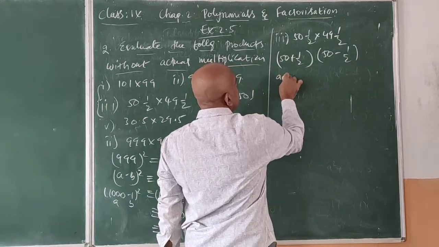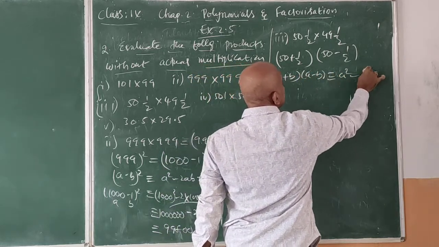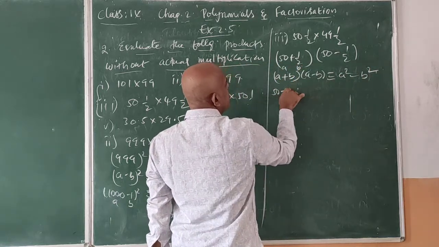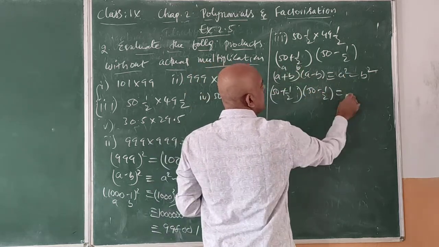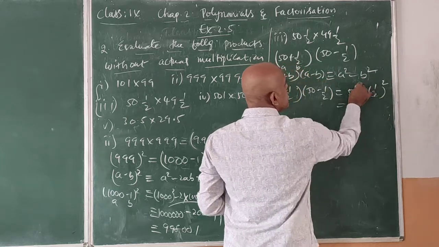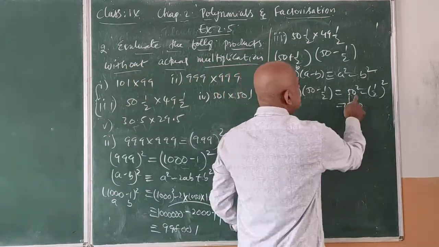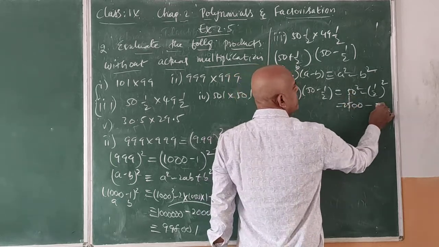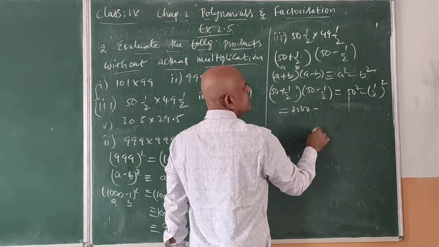It is in the form of a plus b into a minus b, which is equivalent to a square minus b square. So now this is a, this is b. So 50 plus 1 by 2 into 50 minus 1 by 2 is equal to a square, first term square, 50 square, minus second term square, 1 by 2 square. That is 5 square is 25 and 2 zeros. Whenever you get a 0 and a square, you have to double it: 1 zero means 2 zeros. 5 square is 25, or you can multiply 50 into 50: 2500, minus 1 square,